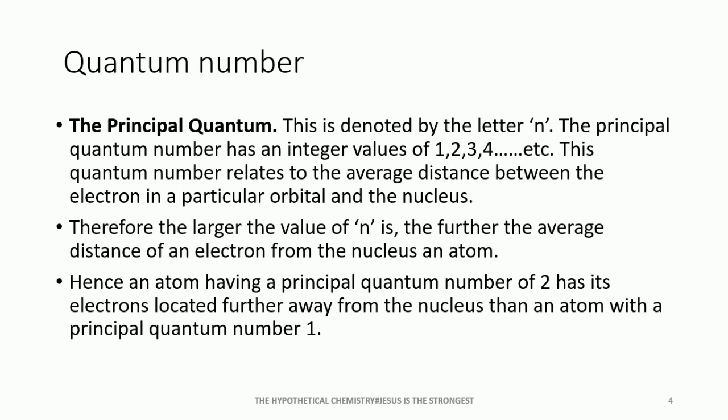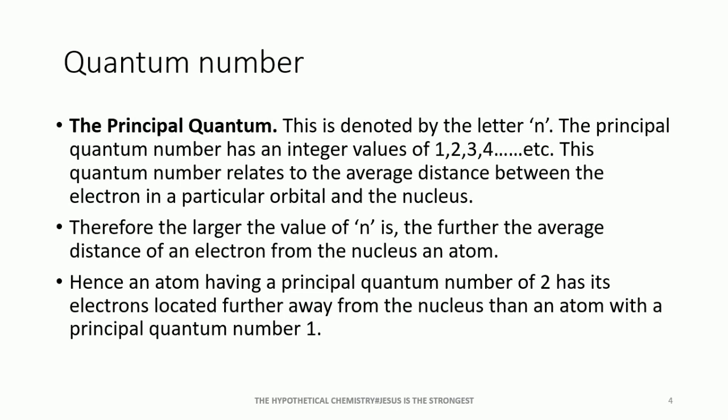So what the principal quantum number is about is that it relates the nucleus to a specific electron within an orbital of an atom. So the distance from the nucleus, which is the center of the atom, to an electron within an orbital of that same atom is what is termed the principal quantum number. In other words,